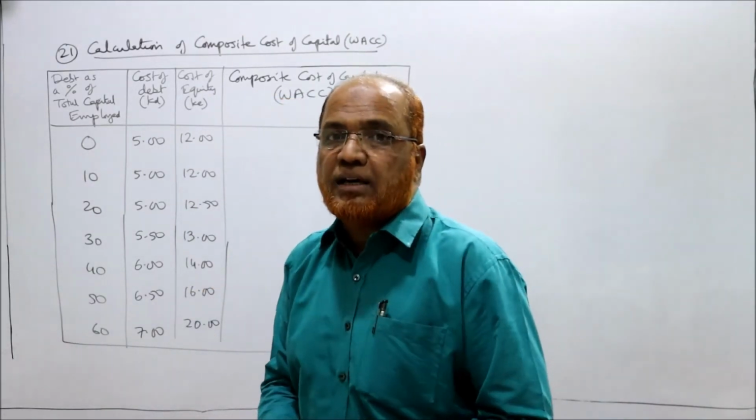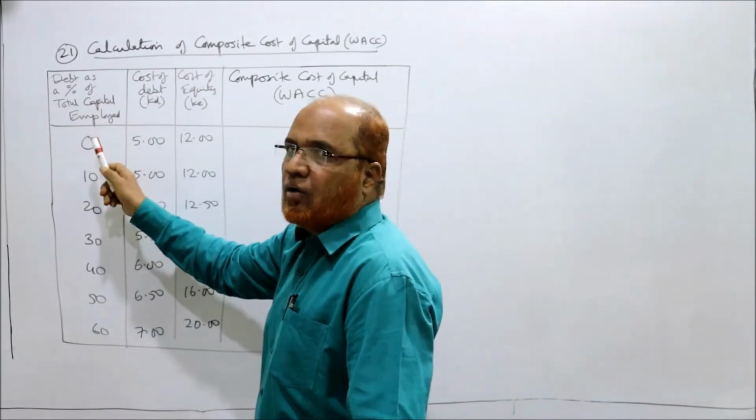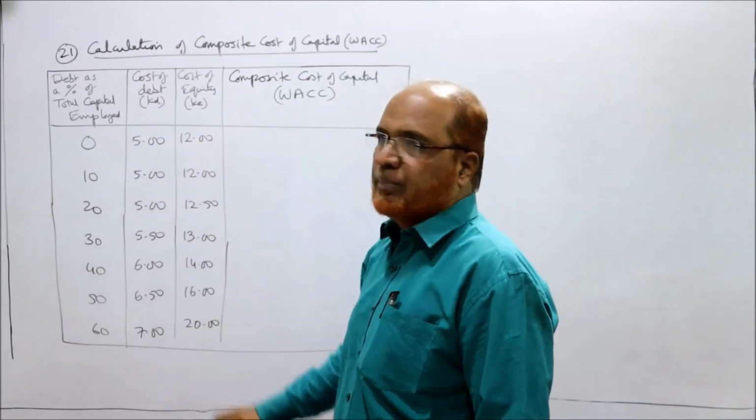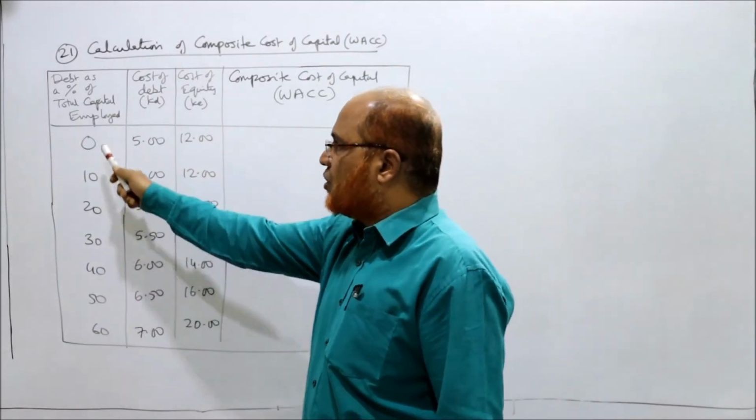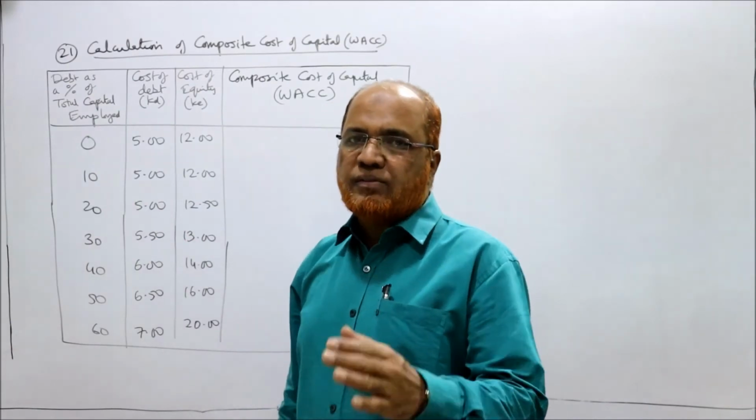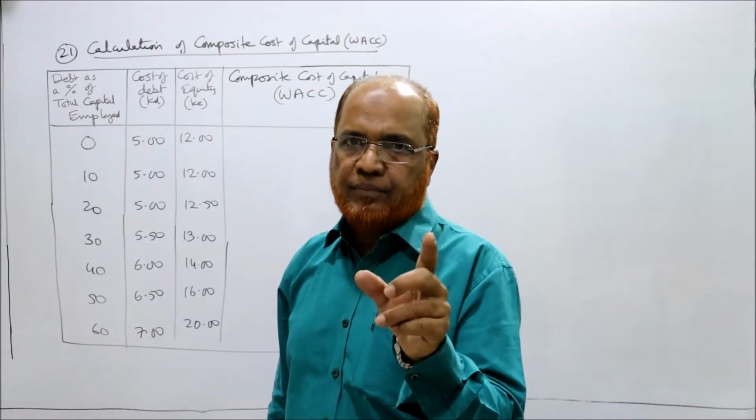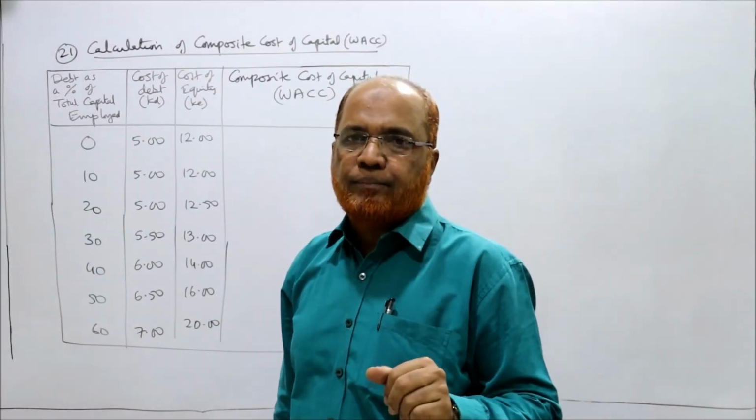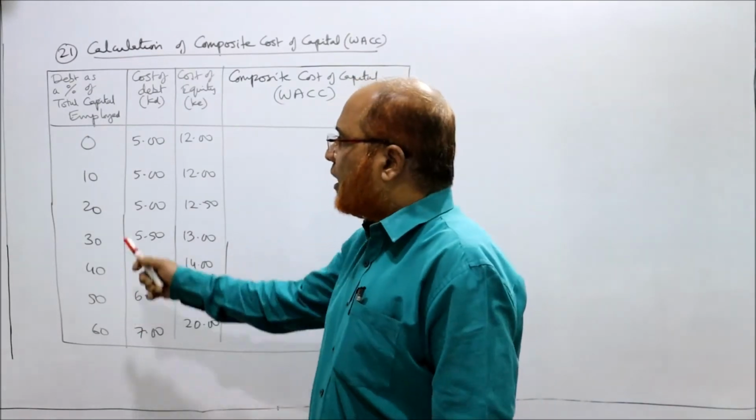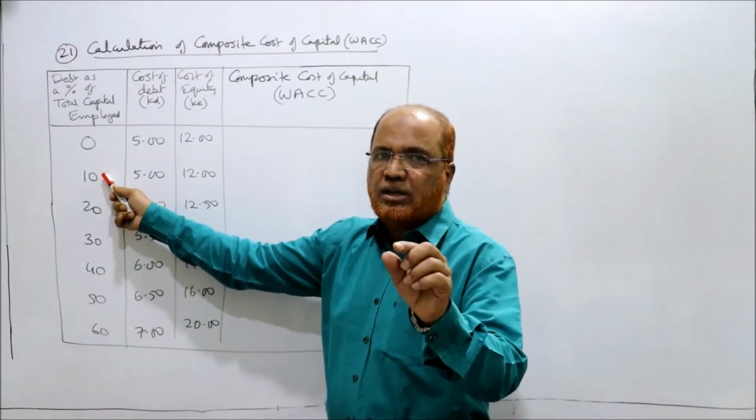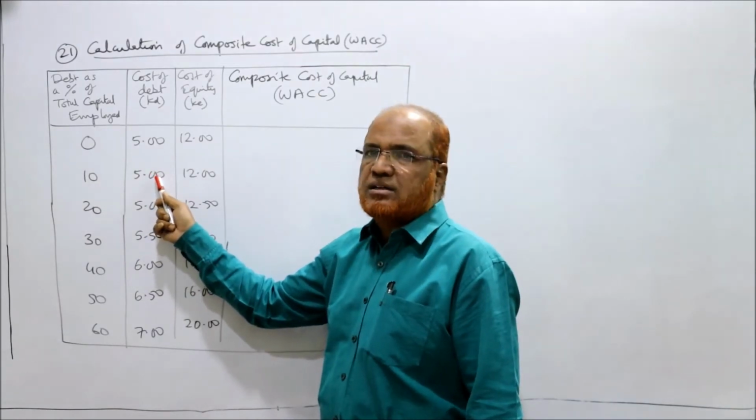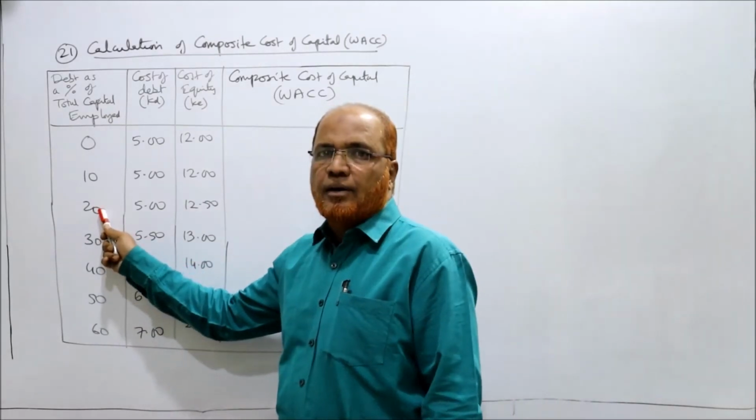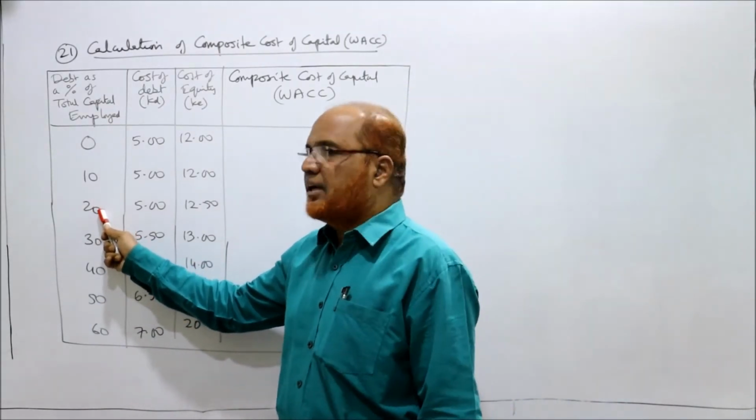इसका मतलब क्या होता है, केयरफुली देखिए. जब 0% डेट है और 100% इक्विटी है तो ईयर 10 पे कॉस्ट ऑफ डेट 5% रहेगा, कॉस्ट ऑफ इक्विटी 12% होगा। अगर डेट इंक्रीज कर दिया 0% से बढ़ाकर 10% कर दी, सपोज इफ द कंटेंट ऑफ डेट इन द टोटल कैपिटल इज 10%, तो 100 रुपीज अगर टोटल कैपिटल है तो उसमें 10 रुपीज डेट है, तो बाकी का 90 रुपीज इक्विटी है। तो 10% डेट 90% इक्विटी अगर होगा तो सेम 5% कॉस्ट ऑफ डेट एंड 12% कॉस्ट ऑफ इक्विटी।